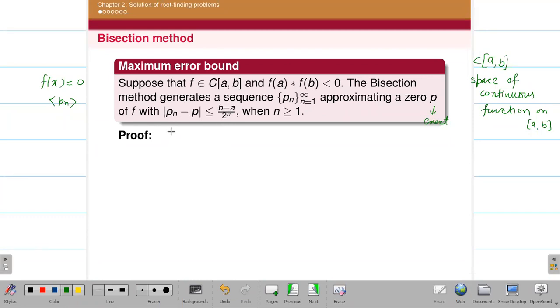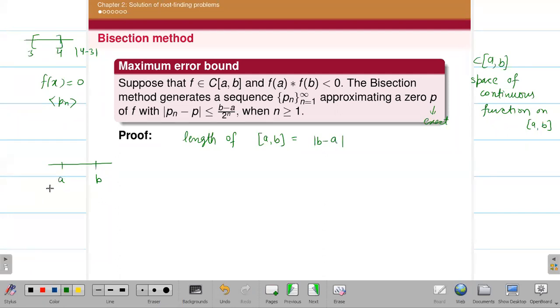So now let us prove it. If I take the interval [a,b], which is given to you, now take the length of the interval [a,b]. If I write [a,b] on the real line, what is the length of this interval? Suppose I am taking the interval 3, 4. What is the length of this interval? It is just 4 minus 3. In a similar way, you can find the length of the interval [a,b] as B minus A.